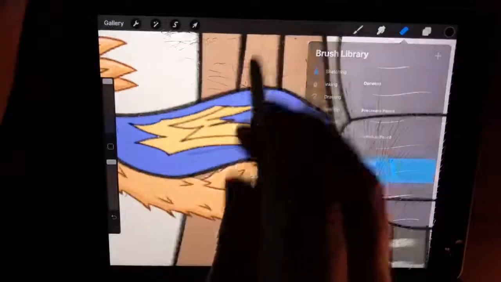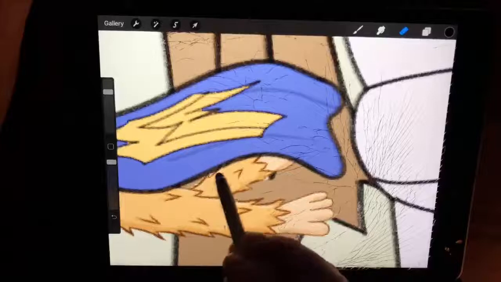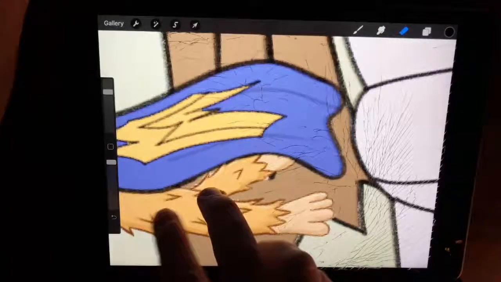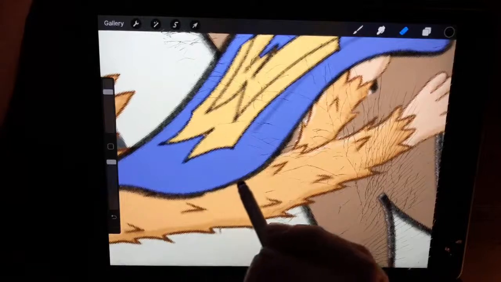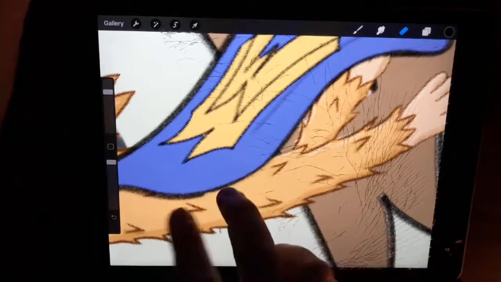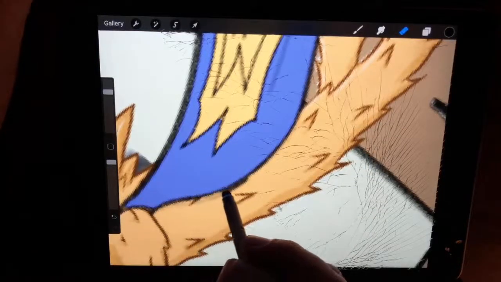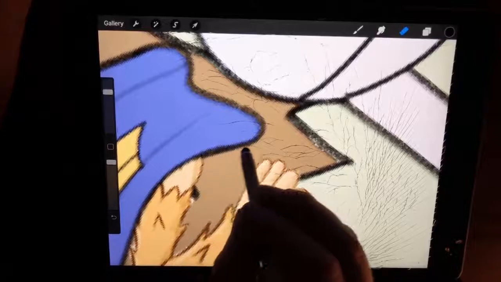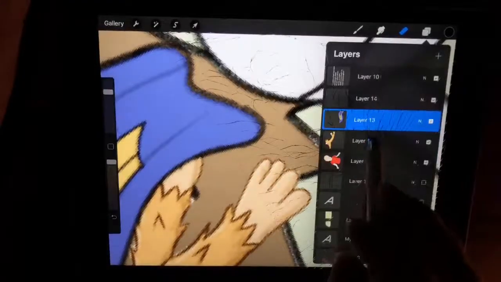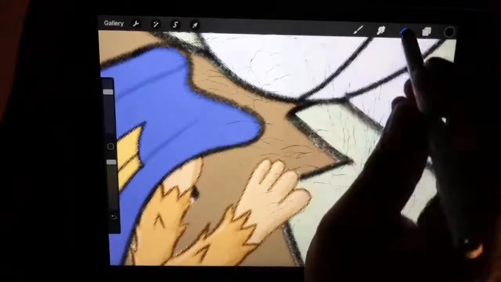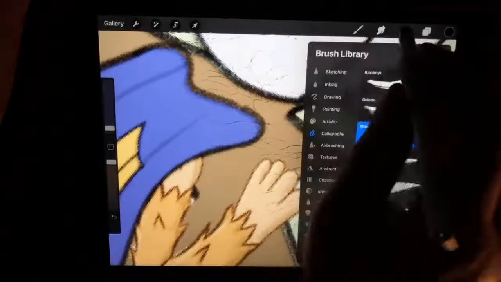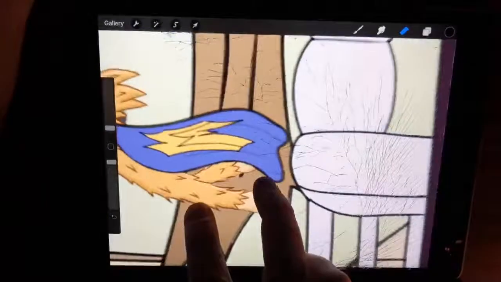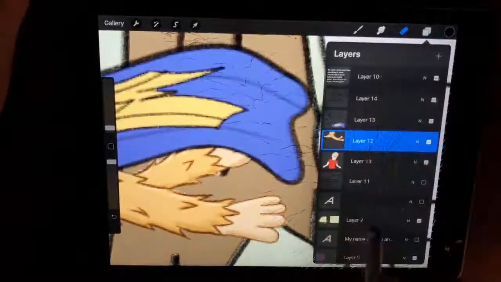So I've got a HB eraser just to come over the line a bit. Give it a bit of varied line width. I think I've got something down here I need to get rid of. I need to go back to the monoline for that. Got a little bit of something here. Oh, is that in the background? What's behind? Oh, it's a part of a tree. Looks a little bit like an error. I might just